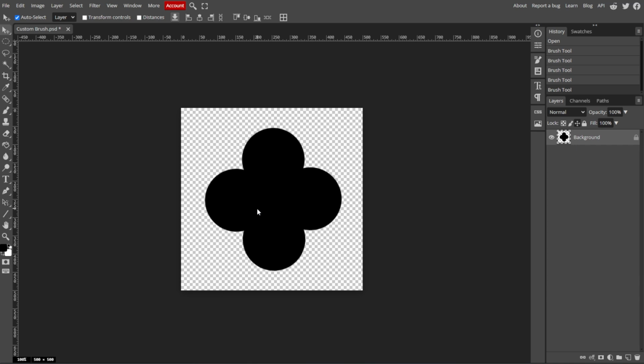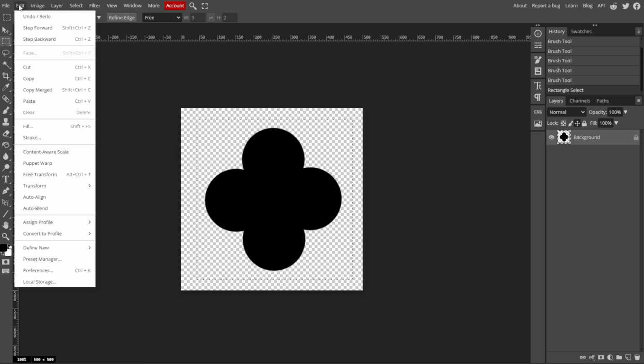Now we're going to define the custom brush. Use the rectangular marquee tool to select the shape you just created. Once the shape is selected, go to Edit, Define New Brush,